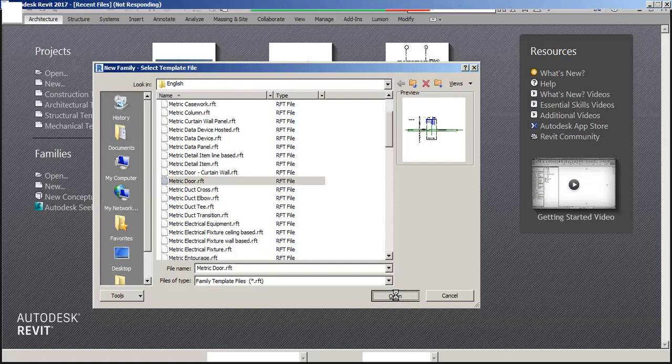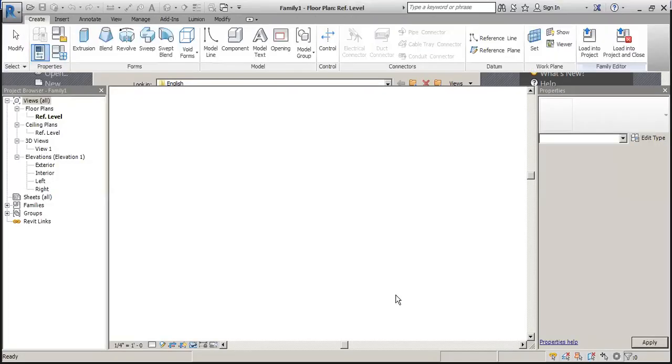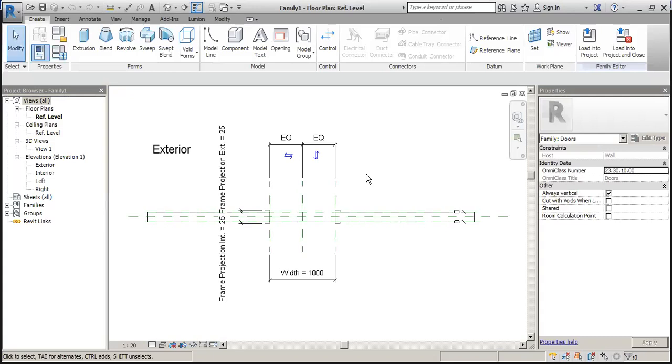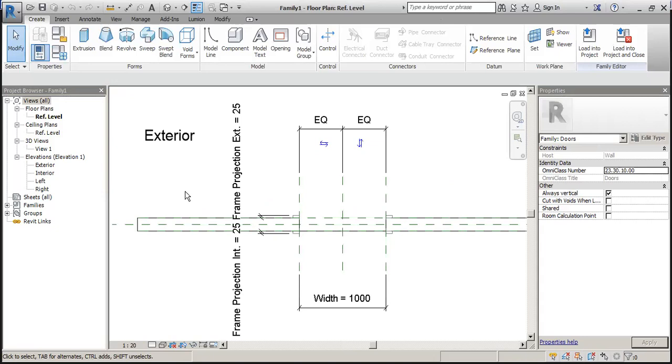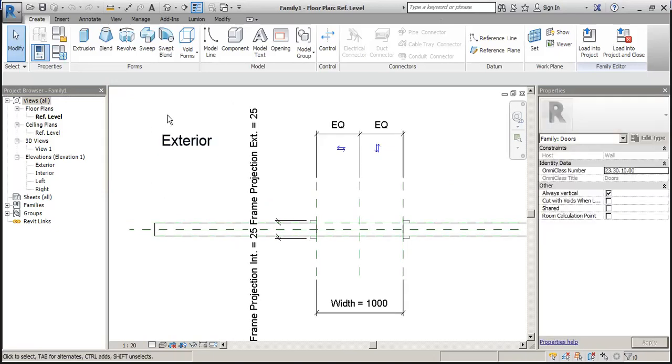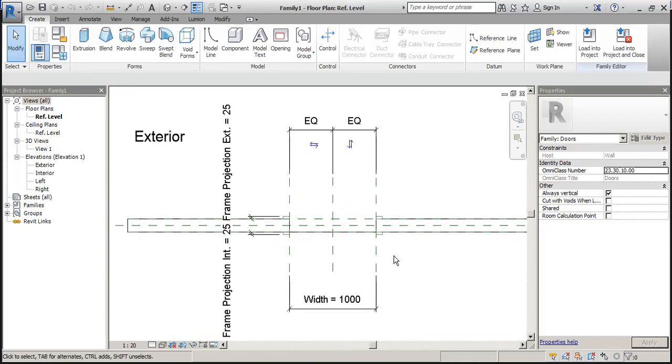My computer is taking time to open this. Yeah, so this is the general window that opens, and you can see that this is the exterior part and the general door template.